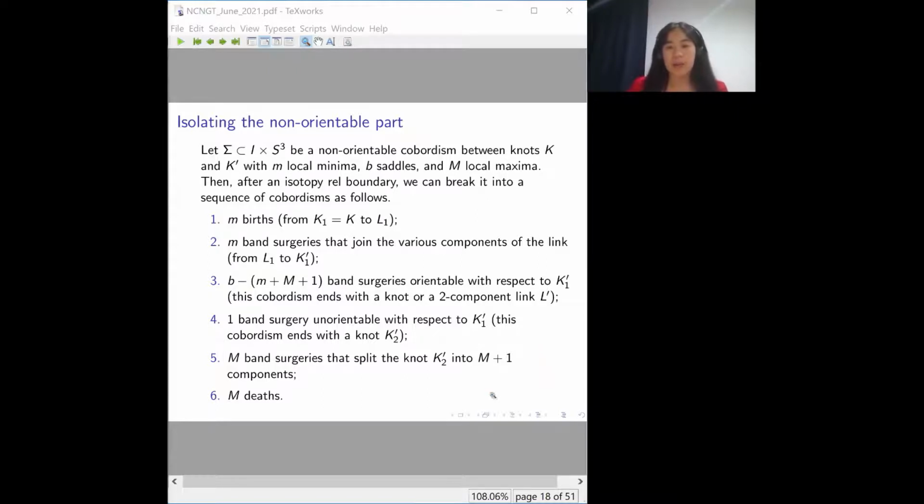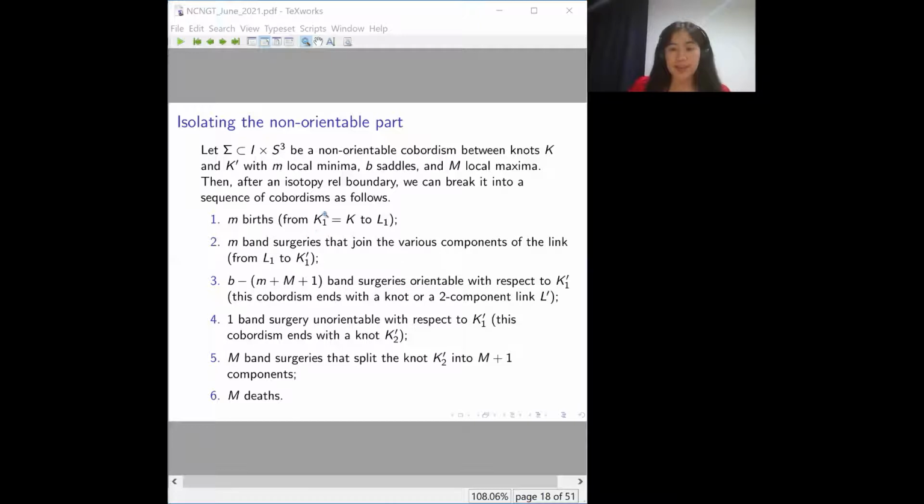So it can be shown that if you have a non-orientable cobordism between two knots, with little m local minima, b saddles, and capital M local maxima, then you can decompose this cobordism into a sequence of cobordisms consisting of